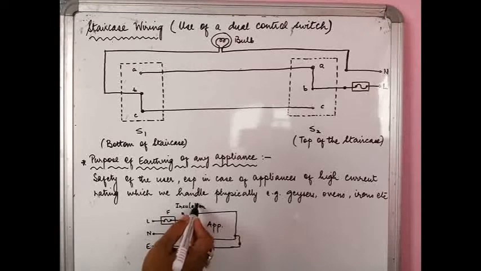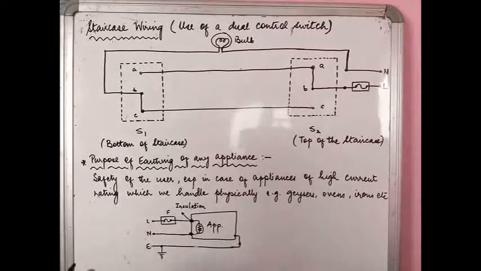You cannot have wires which are running naked through the appliance. In fact you can never have wires which are running naked. There is always an insulation on top of it. So wherever it enters the appliance there is an insulation, but with regular usage this insulation might wear off. Wear off means it gets torn down, and then there may be a constant connection between the live wire and the body of the appliance.